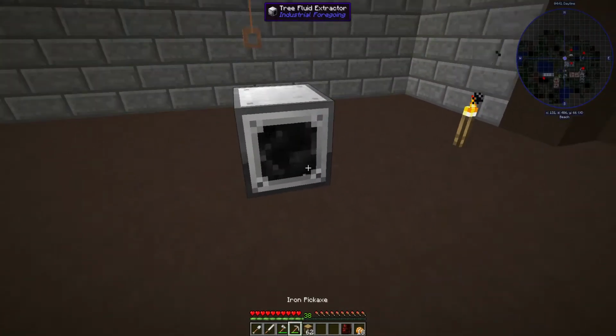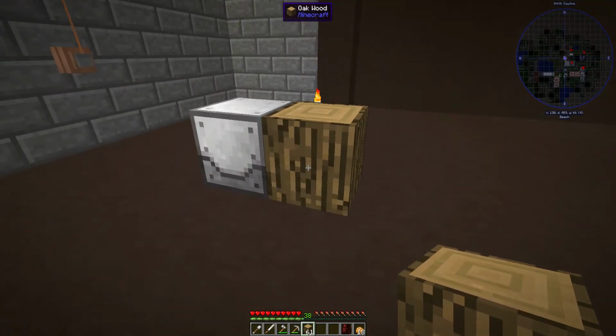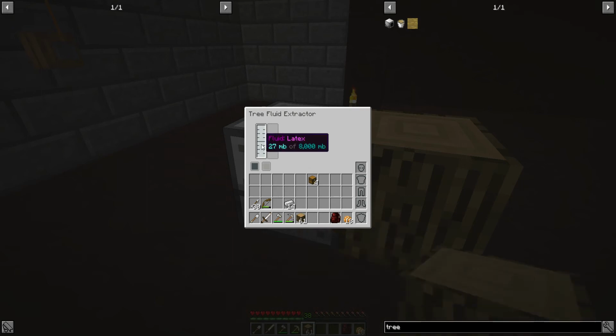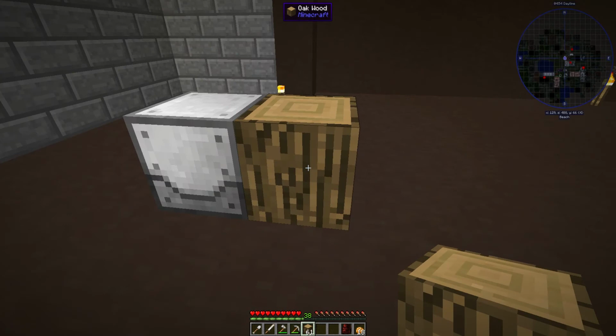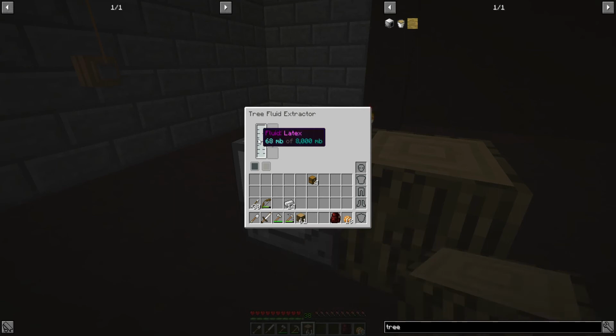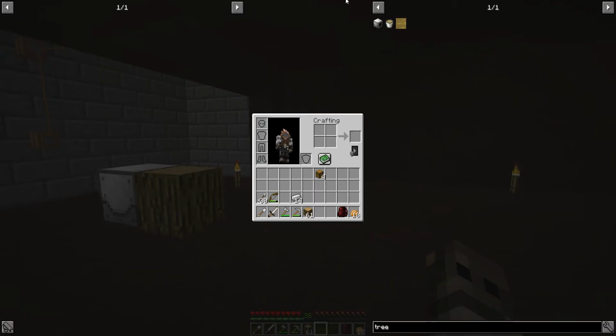So this animated front right here, you set a piece of wood down, and I believe over time it will break this and gather latex. So now we have a little bit of latex being collected. So now that we have that,